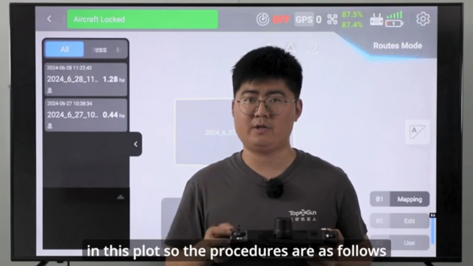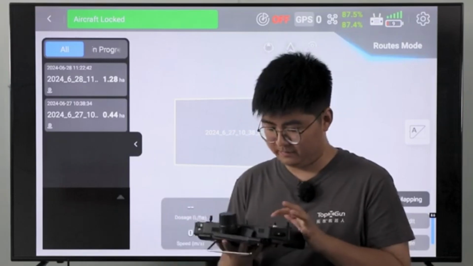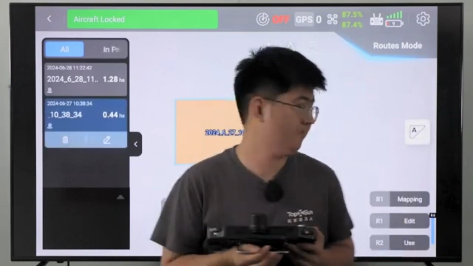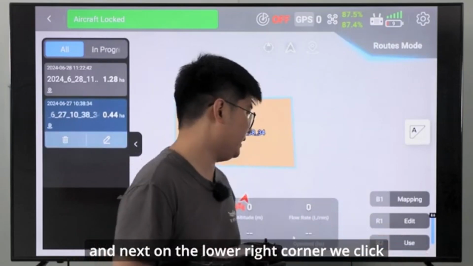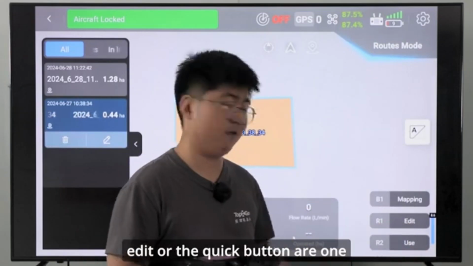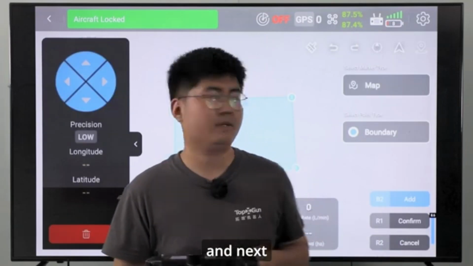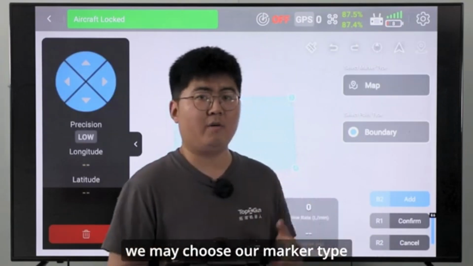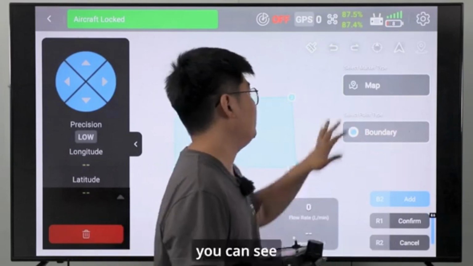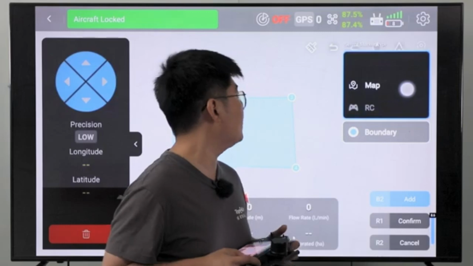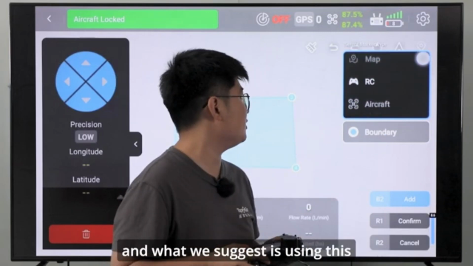So the procedures are as follows. First, we click on the plot we want to edit. And next, on the lower right corner, we click Edit or the quick button R1. And next, we choose our marker type. On the right middle corner of our screen, you can see here to select our marker type. And what we suggest is using this